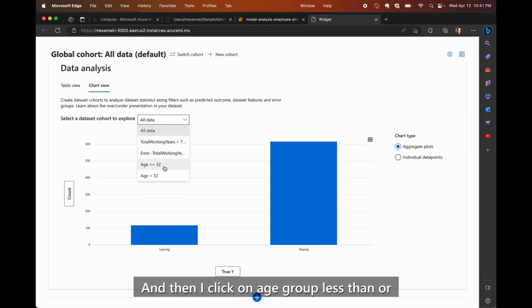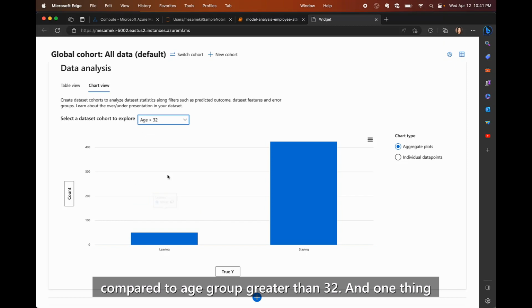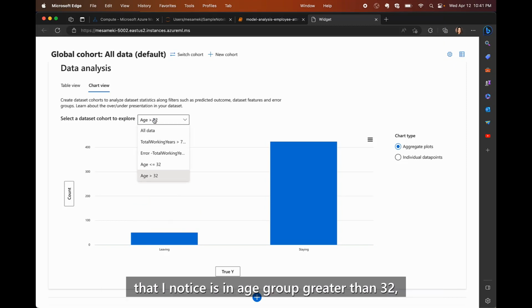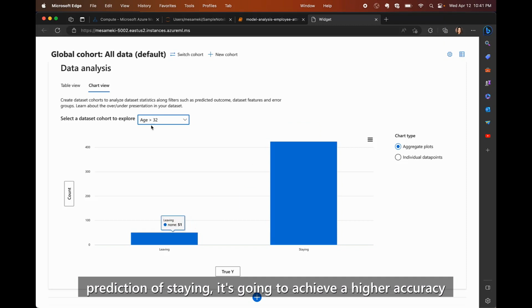And then I click on age group less than or equal to 32, which if you recall had a lower accuracy compared to age group greater than 32. One thing that I noticed is that in age group greater than 32, most of the people have actual ground truths of staying. So even if my model completely randomly says that these people are going to stay, it's going to achieve a higher accuracy